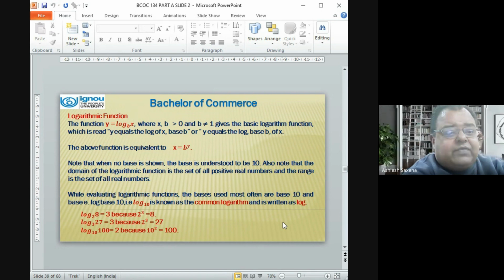If log base e, that is log e, is used, it is known as natural logarithm and it is written as ln. If m and n are positive numbers, then important properties of logarithms are